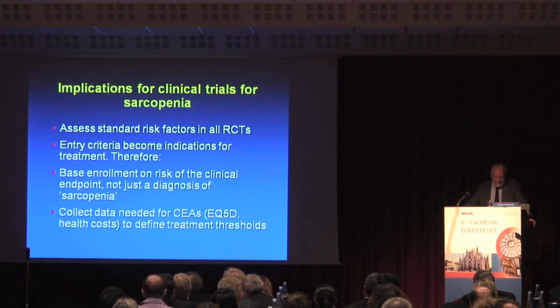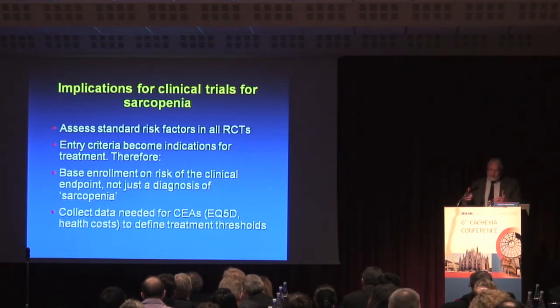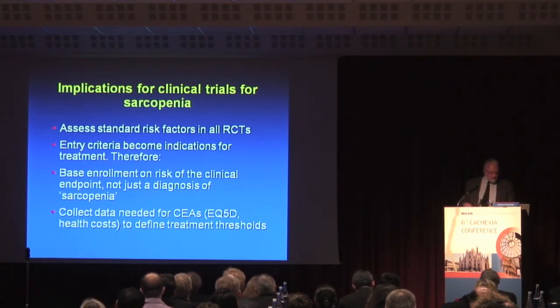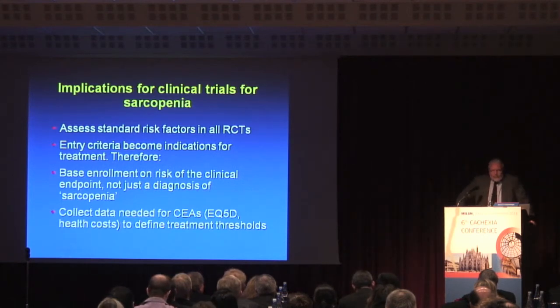Okay, and then implications for clinical trials. Make sure that all these risk factors are assessed in all randomized trials in order to allow you to understand what the treatment means for people at various levels of risk of the endpoint. The entry criteria eventually become indications for treatment. So the indications for using alendronate or zoledronate or denosumab, typically in osteoporosis drugs, reflect what was used as entry